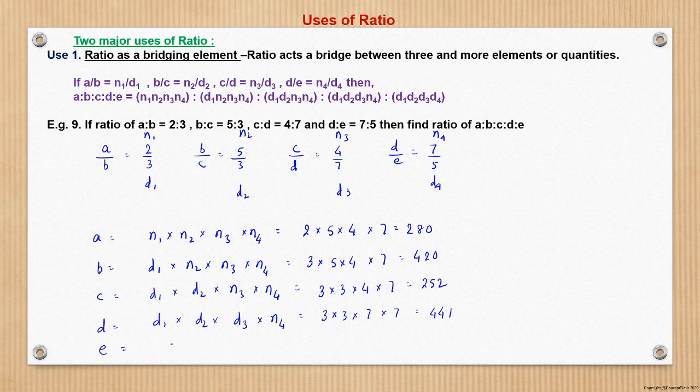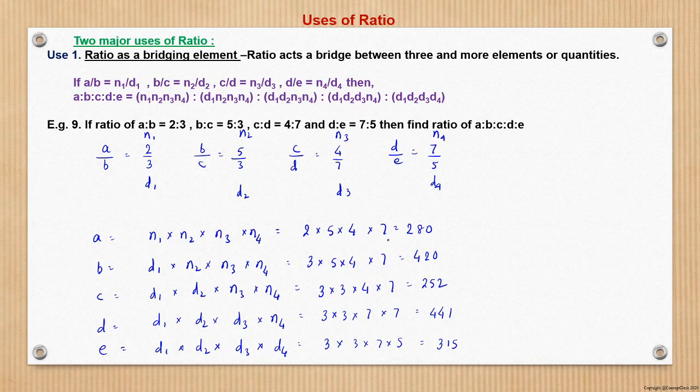And then E. E will now replace the remaining numerator by the denominator. So it is d1 into d2 into d3 into d4, which is like 3 into 3 into 7 into 5. So 9, 7 is 63, 5 is 315. So this is much simpler to obtain. So now we have obtained the ratio. So ratio we have obtained, and however, do we have any common factor between them? I mean, this is also right.